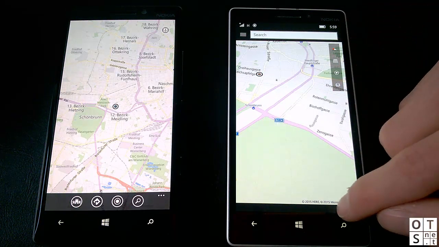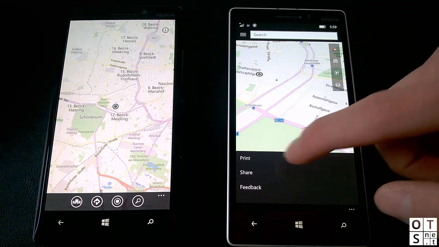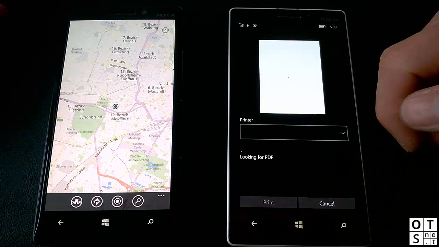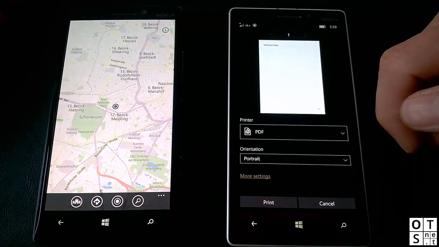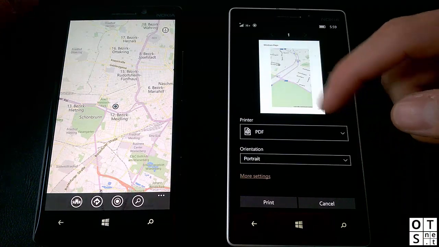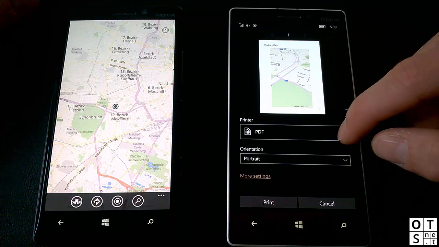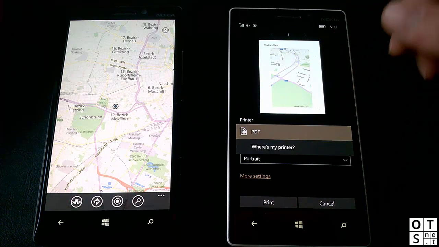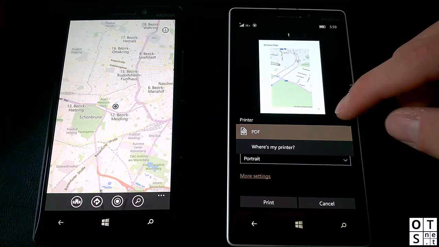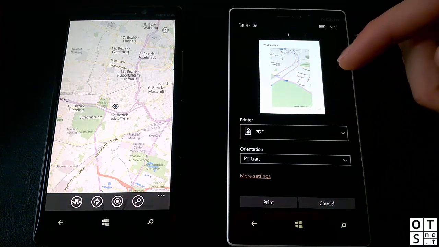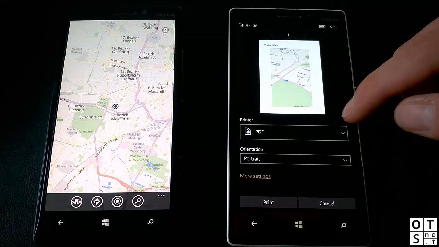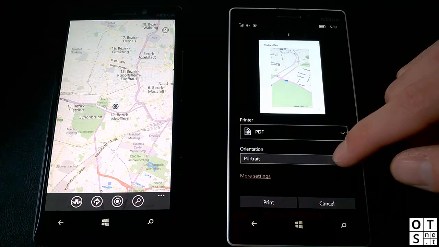At the bottom in the app bar, you can print a map, which is a totally new feature. This just wasn't here in Windows Phone 8.1. You can choose to print. If you have connected your phone to a printer, of course you can directly print it. With this device, it's of course only working to create a PDF file, which then gets saved on your phone,